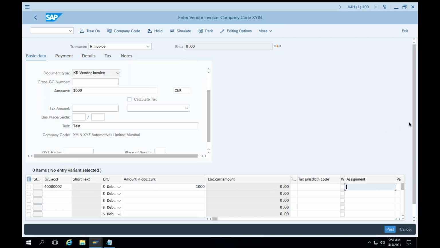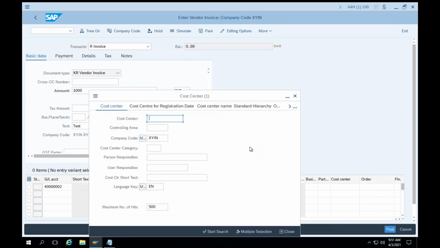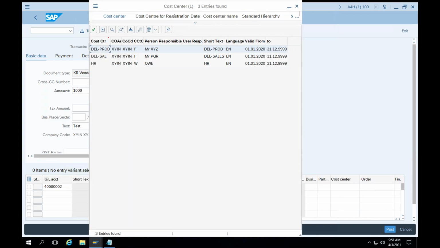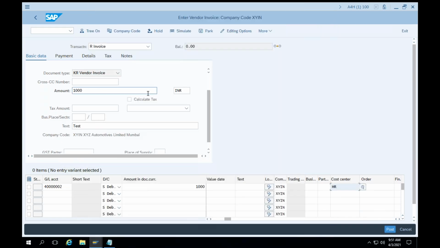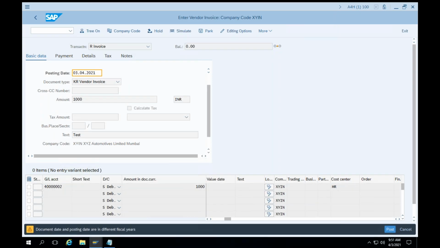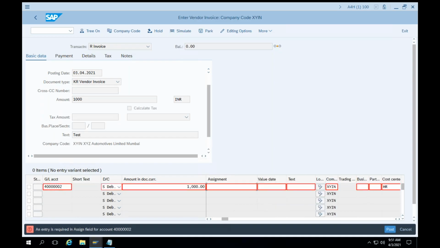Okay, so in order to provide the cost center, we will go to the cost center field, F4, and the system will display the list of all the cost centers available. Let's assume this cost is related to HR. Okay, that's it. Now, if I show you what would be the accounting impact,